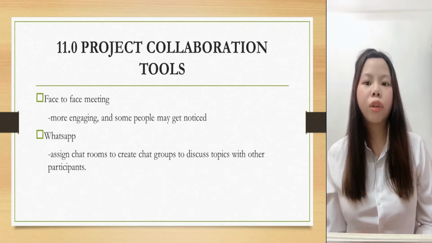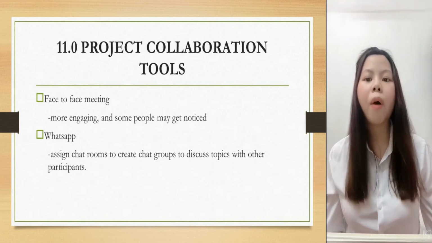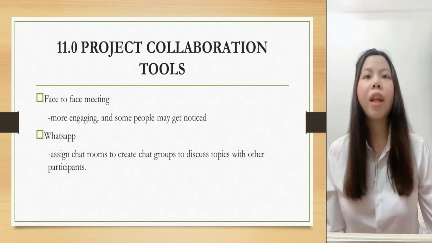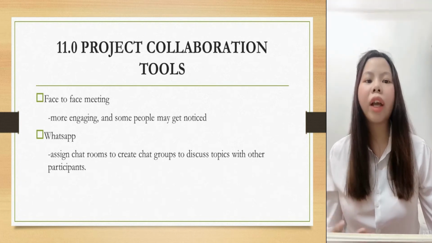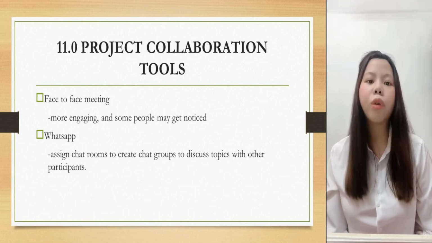The collaboration tool that we use is WhatsApp. This type of online collaboration allows two or more people to view and edit information or documents in real time. Even if we are not located in the same place, we can create a chat room or chat group to discuss